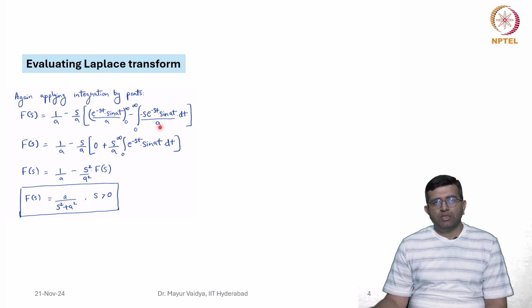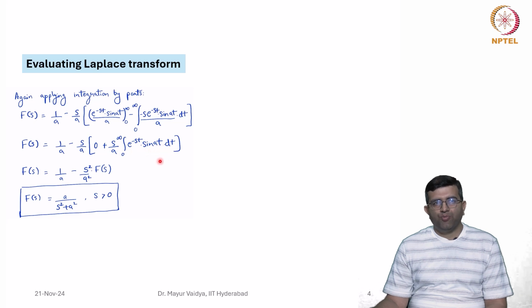Cos at is sin at by a, and dt is there. So this minus, when it goes out, it becomes plus. So you have f of s is equal to 1 by a minus s by a. If you put infinity here, then e power minus infinity is 0. When you put 0 here, the sine of 0 is 0. So this whole term goes to 0, plus s by a, integral 0 to infinity e power minus st into sin